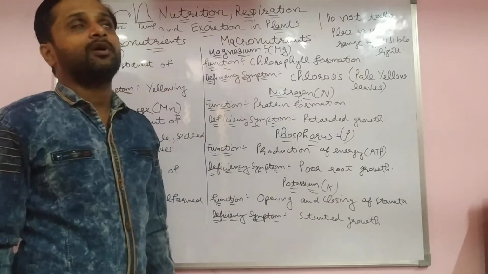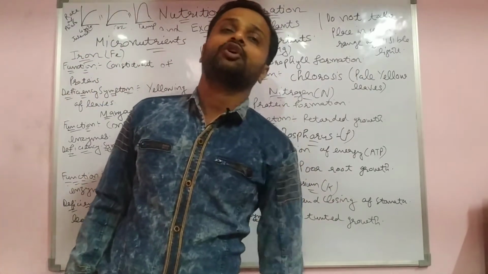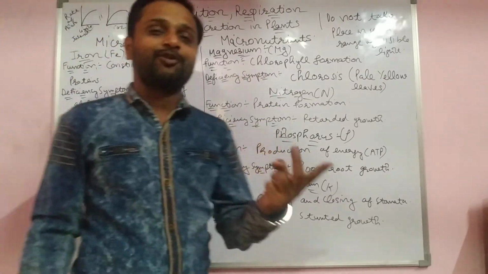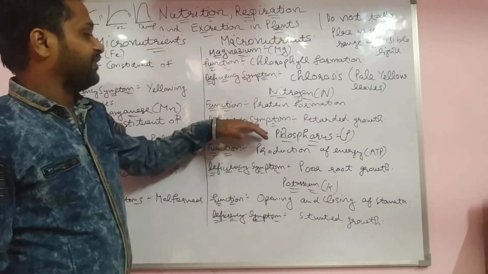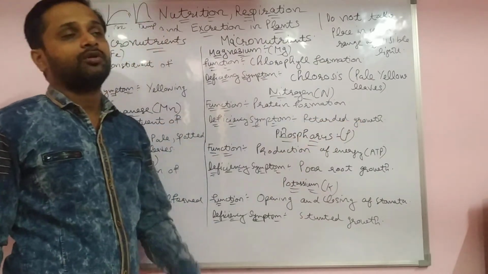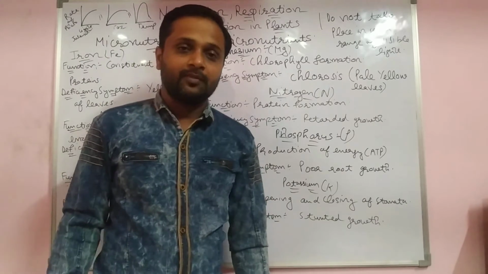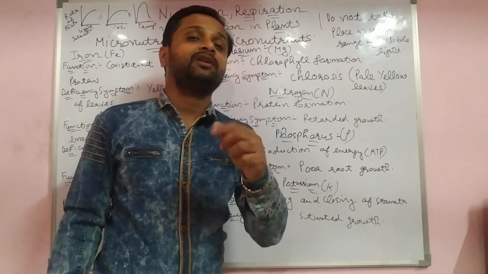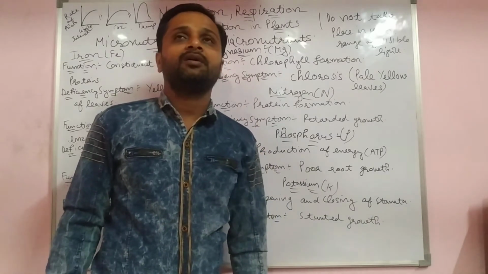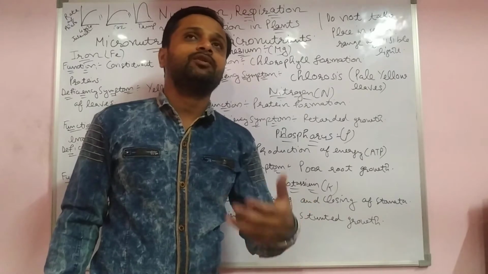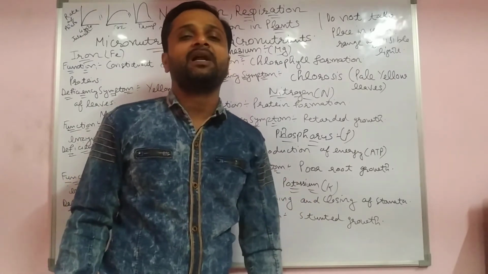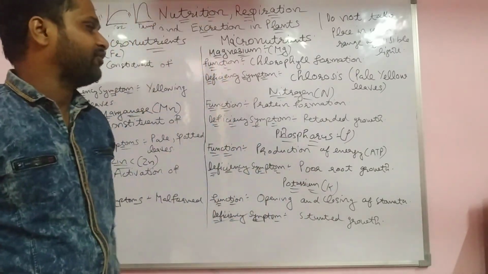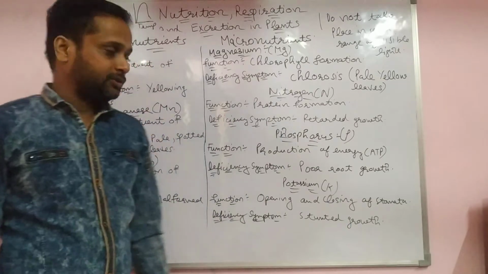Second is nitrogen. You know about the main function of nitrogen, for the growth of the plant. Protein formation mainly, and we also get protein from plants. Deficiency symptom: retarded growth. Not proper growth, students. If nitrogen is less in quantity, there is not proper growth. But plants take nitrogen in the form of nitrate, and what converts nitrogen into nitrate? Rhizobium bacteria in leguminous plants. The process is called nitrogen fixation.